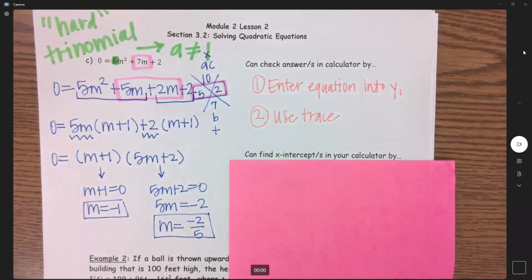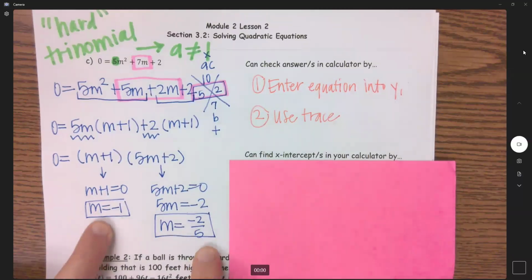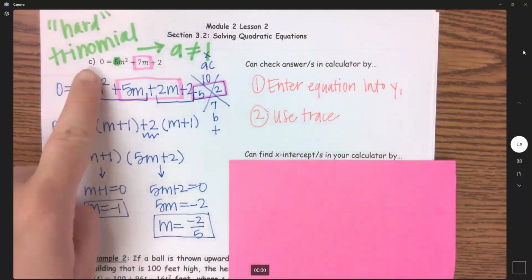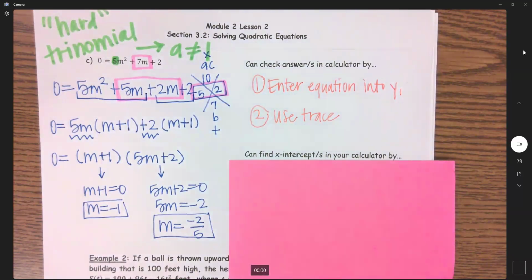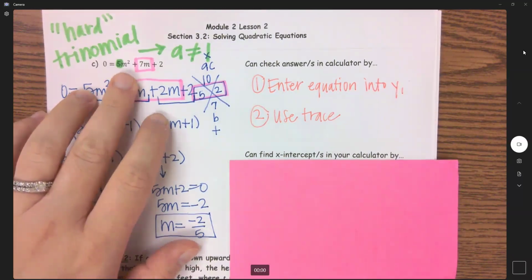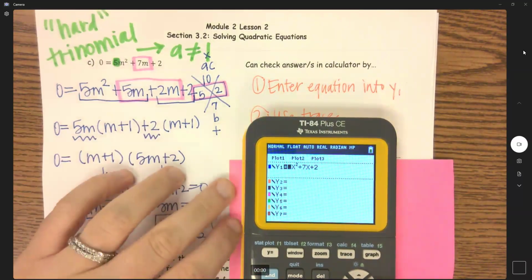I just ended last video talking about how you can substitute these values of m into your equation to see does it equal 0. Here's another way to check your answers in your calculator. So the first thing we're going to do is graph this. So instead of m, we're putting x. So you're typing into your y1